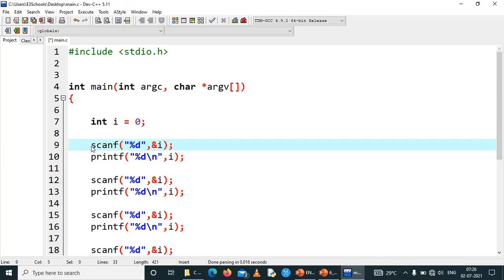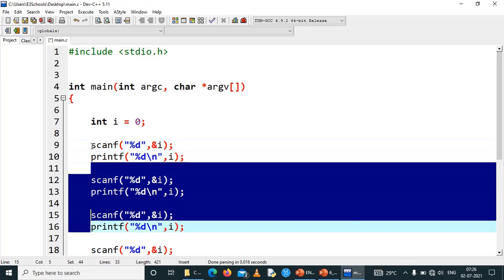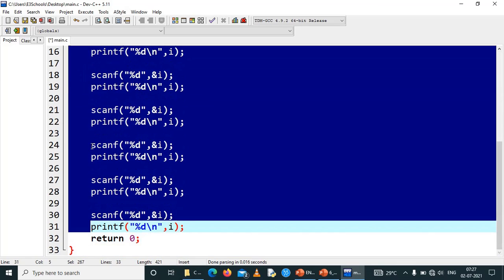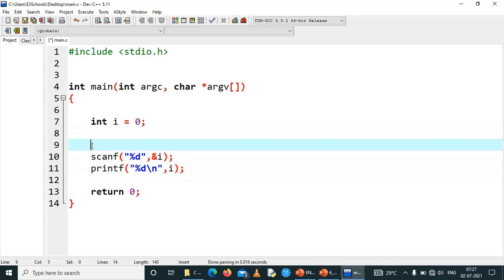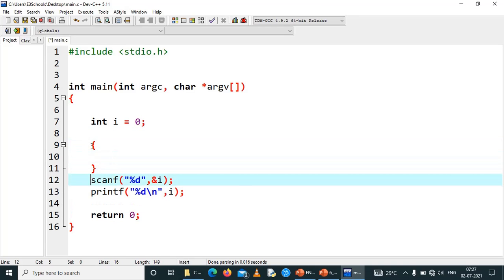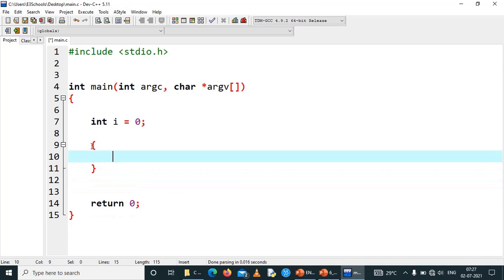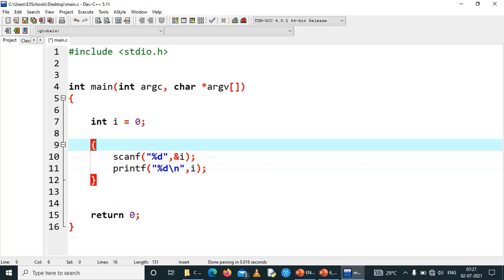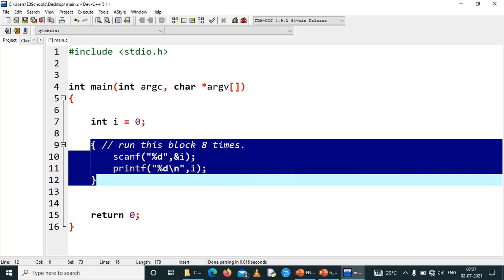So instead of pasting all these lines again and again, what if I take this concept a single time and paste it inside a block, and give a command to the compiler to run this block 8 times, or n number of times as per user input? So just keep this concept in mind. This is related to the concept that we are going to learn now, the for loop. This is the basic understanding of the for loop. We will go to the slide now.